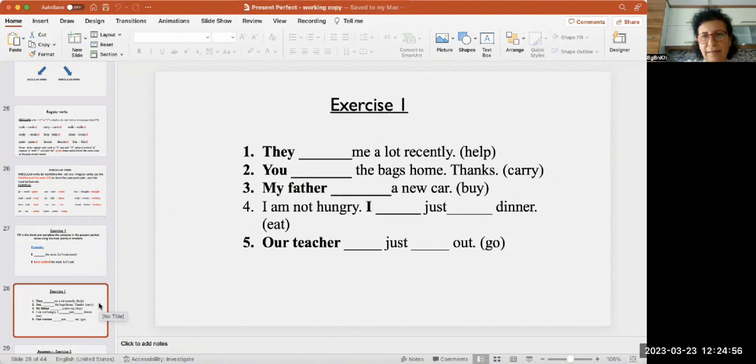Okay, just take your time now. They have helped me a lot recently. Good. Second, I didn't see last. The verb is carry. You have carried the bags home. Thanks. My father has